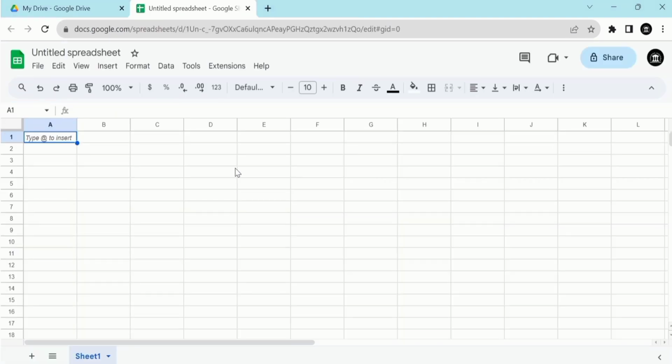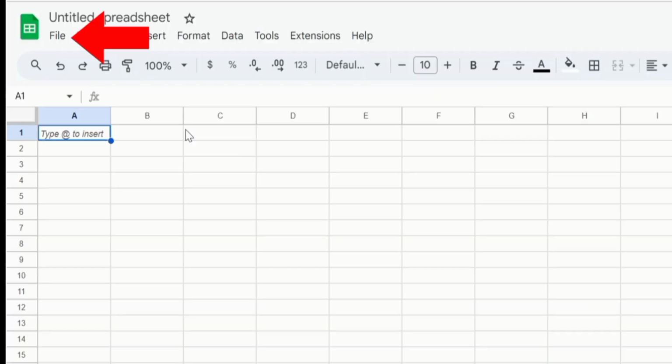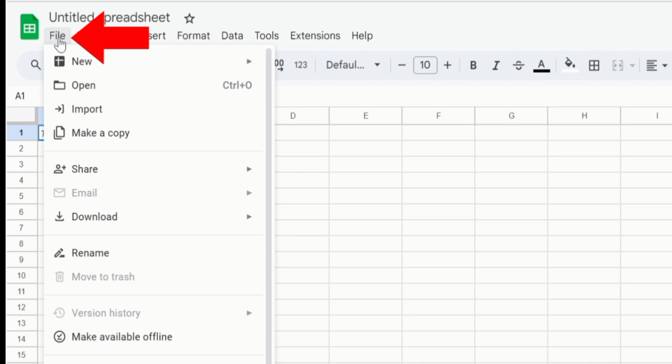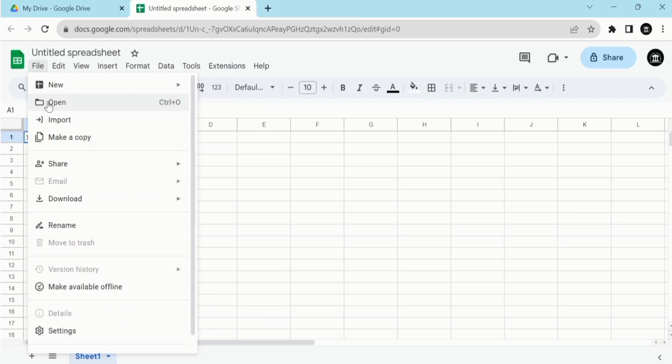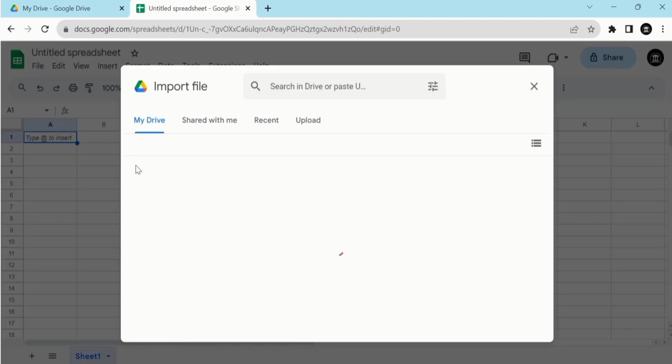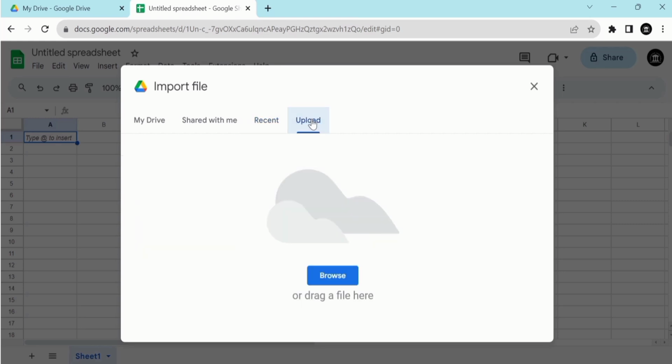Now you can see here that Google Sheet has inserted a blank sheet. After that, go to File option. Click here and from drop down menu you will select Import option. Click on it. You can import data from my drive, shared with me, recent. I will select upload because I will select a file from my desktop. Here you will find the option of browse. Click on it